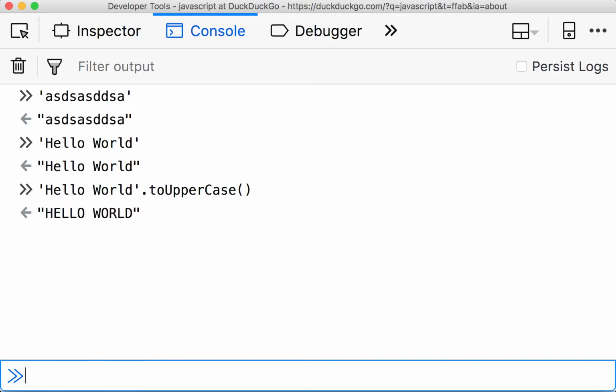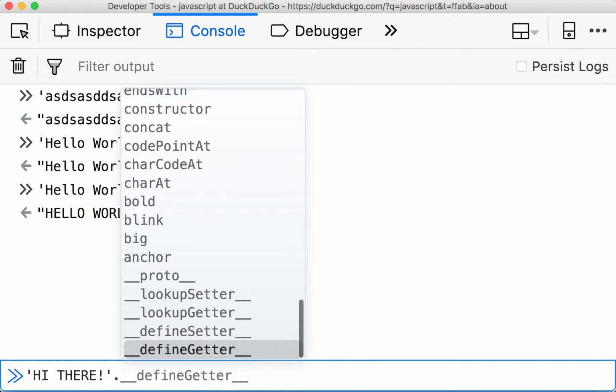Now that we learned how to do uppercase, how about we do lowercase? Suppose I have the following string. I just have a message saying hi there, okay? Now let's take this guy and convert all the letters to lowercase. In this case, all the letters are in uppercase, but we want them to become lowercase. So we can say